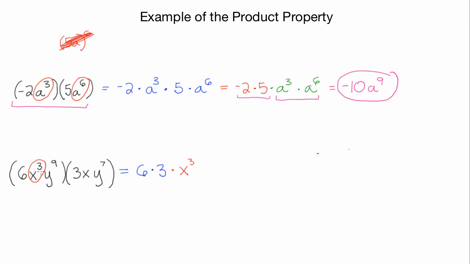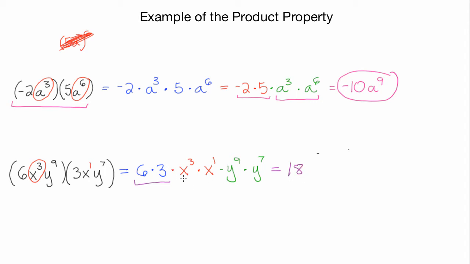Okay, so there we got x to the third, but later on I have x. I've just got 1x right here, right? So let's do x to the third times my 1x. And I've got y to the ninth times y to the seventh. All right, beautiful. Let's think about what this is going to turn into now. So all I did was write it in expanded form. I put little multiplication dots, and then I rearranged it because with multiplication it does not matter the order, and I just combined the real numbers together, 6 times 3 to get 18,